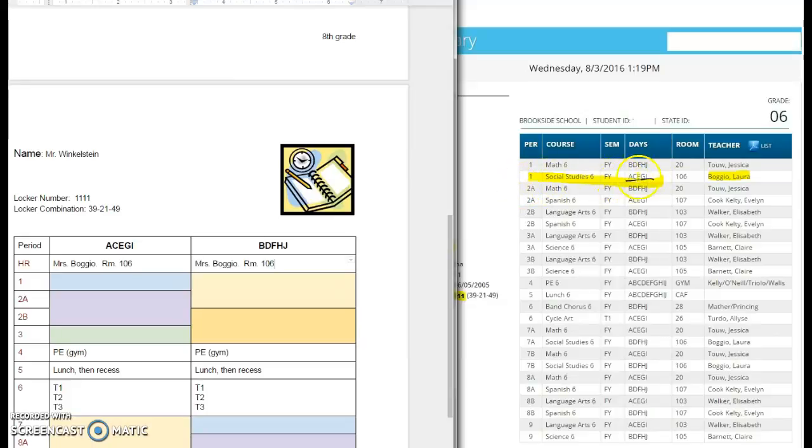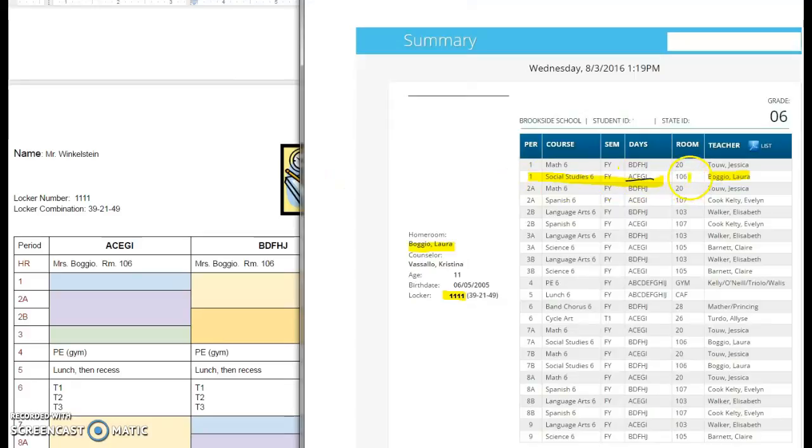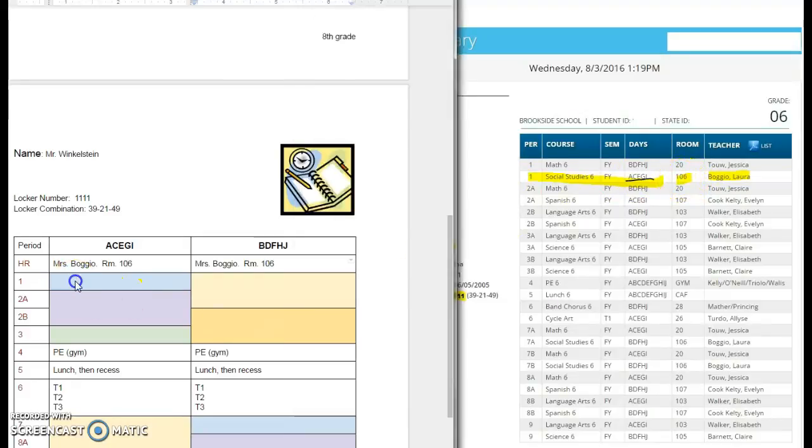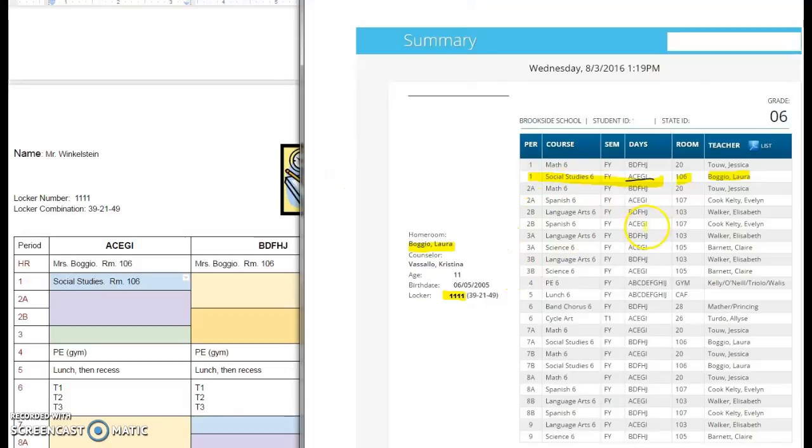So A day first period, I have Mrs. Baggio in room 106. So under 1 on the ACEGI day, I'm going to write social studies. And I'm going to put room 106 there. So now I'm going to go to my second period class. Okay, A day, period 2A. I have Spanish in room 107. So I'm going to write